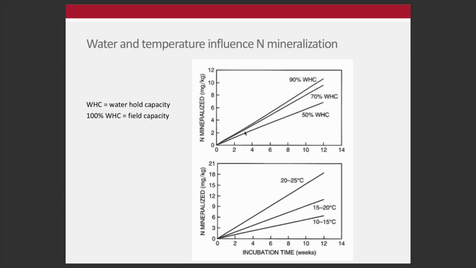And so we can see as the water holding capacity increases to 50, 70, 90, 100%, where 100% would be essentially field capacity, in other words, when soil is holding as much water as it can without gravity pulling it out. And then as temperatures increase from 10 to 15, 15 to 20, and 20 to 25, our rate of mineralization essentially increases, okay? So as water increases and as temperature increases, mineralization processes increase,